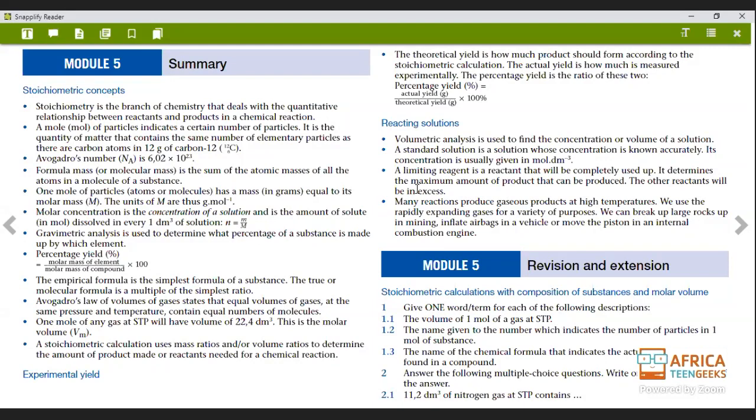problems tomorrow. Okay, so it says many reactions produce gaseous products at high temperature. We use rapidly expanding gases for a variety of purposes. We can break up large rock cups in mines, inflate airbags in a vehicle, or move a piston in an internal combustion engine. So I think you've seen when we were doing the gaseous reactions, these are certain